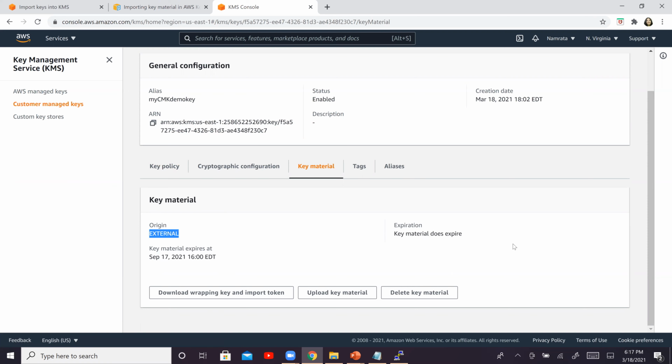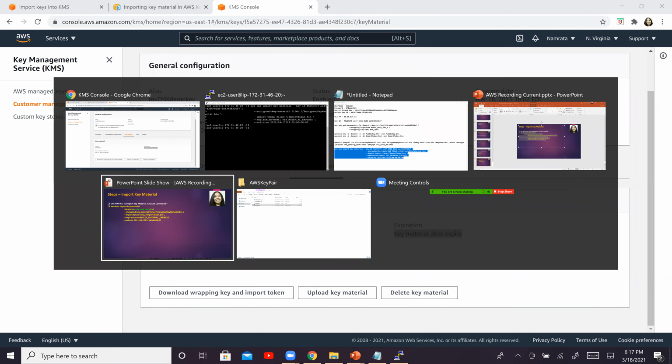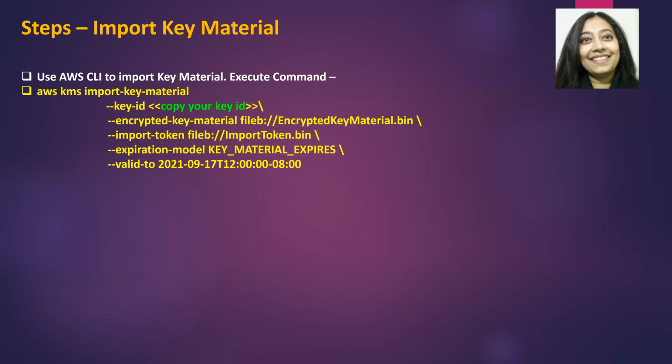External and key material does expire. So our key material was imported successfully, right, guys? Okay, so this is the final step. We have successfully created a CMK and imported our own key material to it, right?